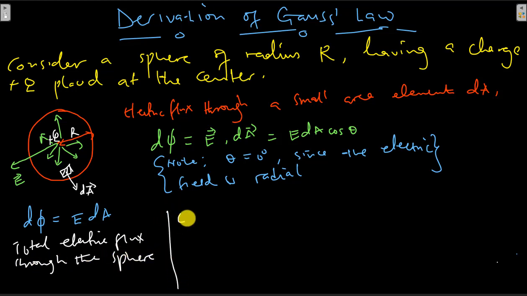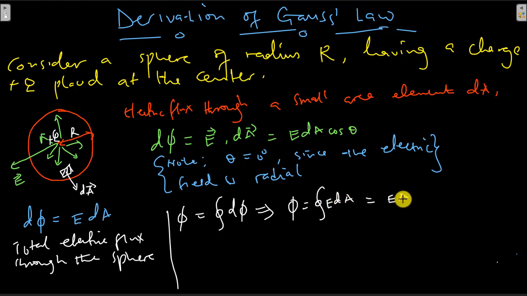The total electric flux phi is going to be the integral over the closed surface, because this is a closed sphere, of d phi, so phi equals the integral of E dA. This is the integral over a closed surface of E dA,